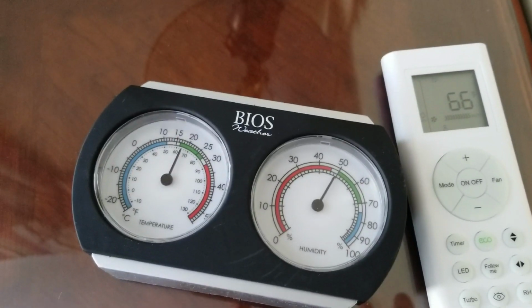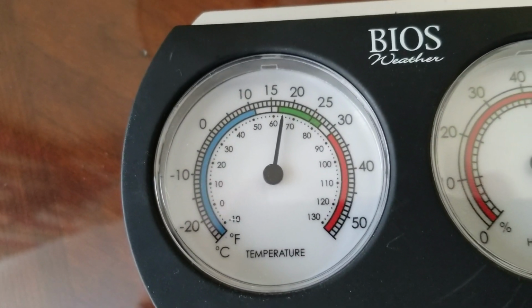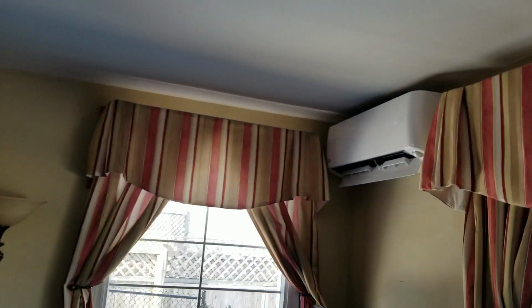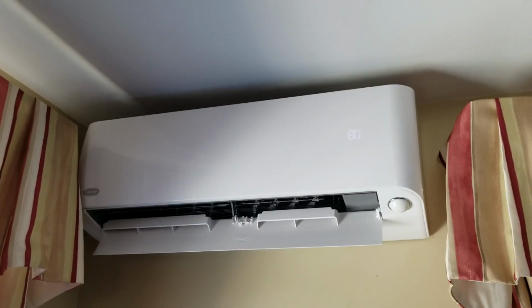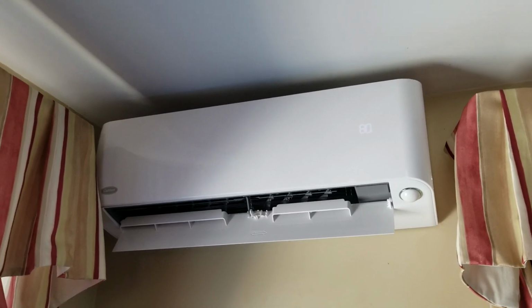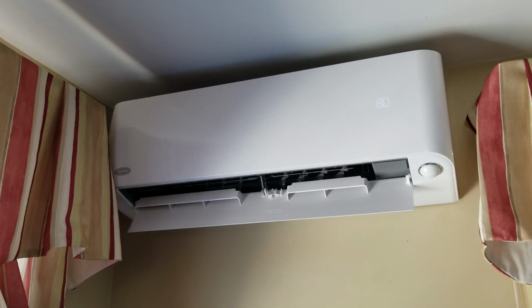So on the Carrier thermostat, it says it's 66 degrees Fahrenheit. And on the thermostat beside it, I'd say about 64, 65. So I paid almost $18,000 for this unit. My electrical bills right now are $600 a month. The noise of these things running full tilt every day, $600 a month in electricity, which is very discouraging because